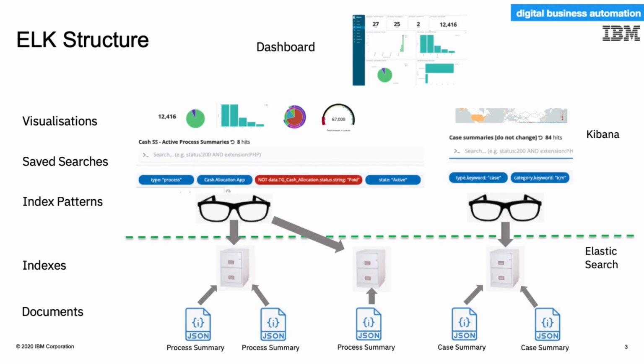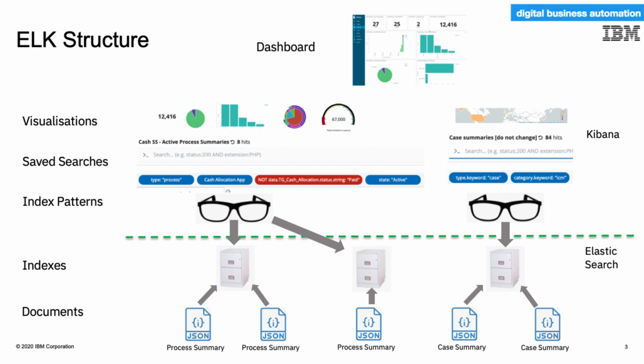The first thing you're drawn to in BAI are the standard dashboards for process, case and decisions. We're very much at the dashboard level here, but you really need to start from the bottom and build up from there in order to be proficient with building your own custom dashboards. So starting at the bottom, Elasticsearch stores documents into indexes. Indexes are like database tables and documents are like rows in a table, but the structure of the table is